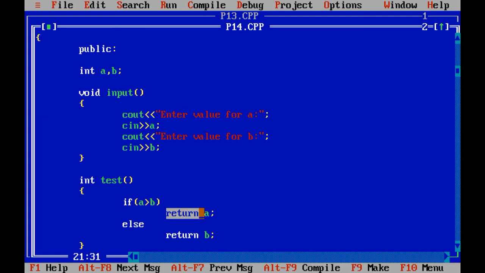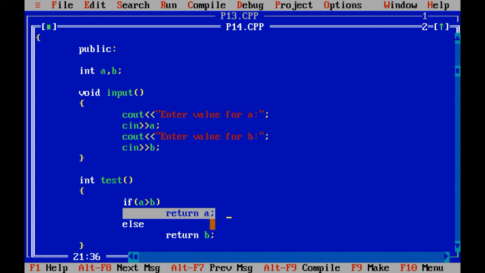So whatever value you are going to return, you need to write the data type of the function accordingly. Suppose the data type of a and b would be float. In such case you need to take the data type float over here. That is the condition. One more point I want to discuss over here, that this is the with return without argument type. We have not passed any values inside the function yet, so this function is called without argument with return value.